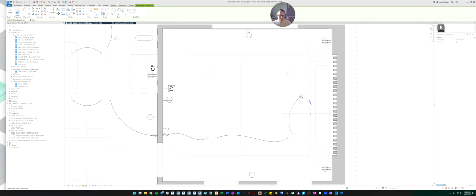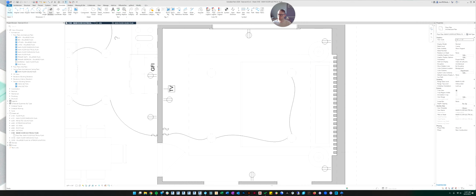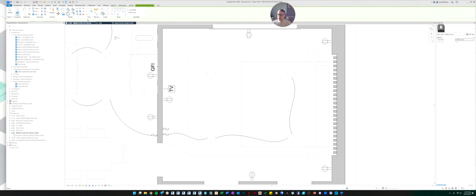For some reason, if you hit escape while you're drawing, so I hit enter to stop the spline. And then once I've set the spline, for some reason it wants to go back to the last command I used, which was the arc command. So I have to go back up here and hit spline. I hit escape too many times. Detail line, spline, and then we'll keep doing this.